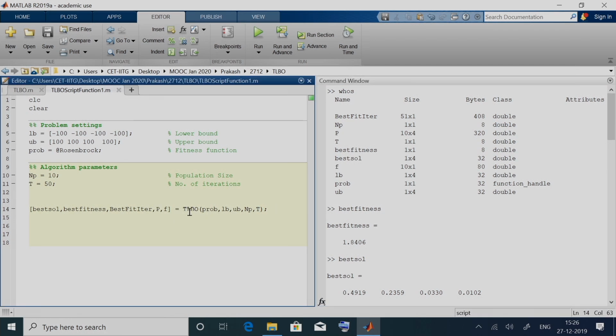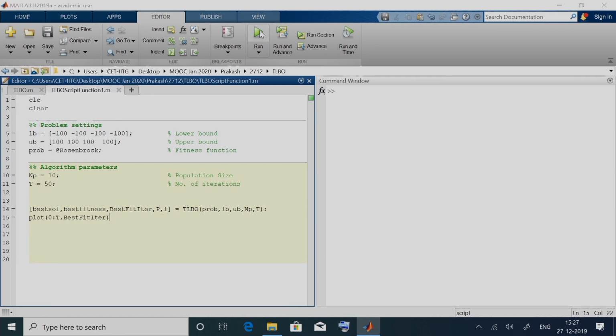Now that we have TLBO as a function file, we can implement a for loop over here, execute multiple runs, and do a statistical analysis. We can also now plot the convergence curve for this particular problem, 0 to t comma best fit iter.